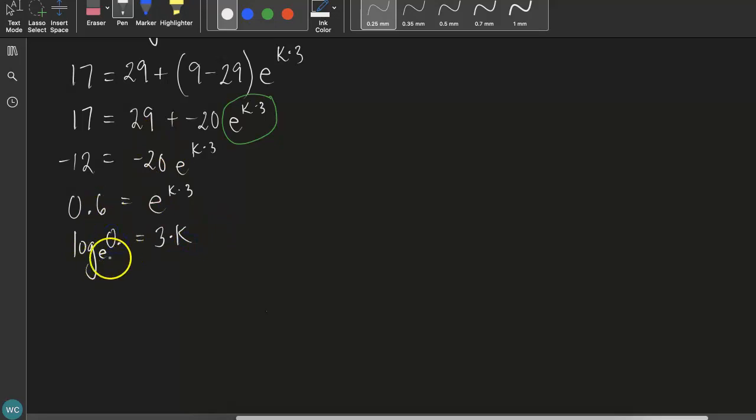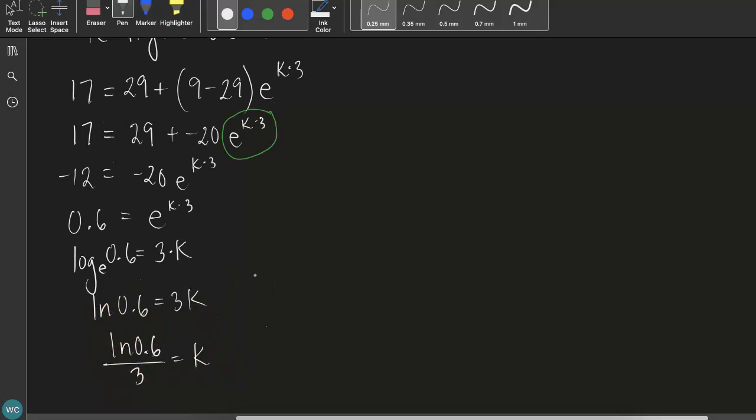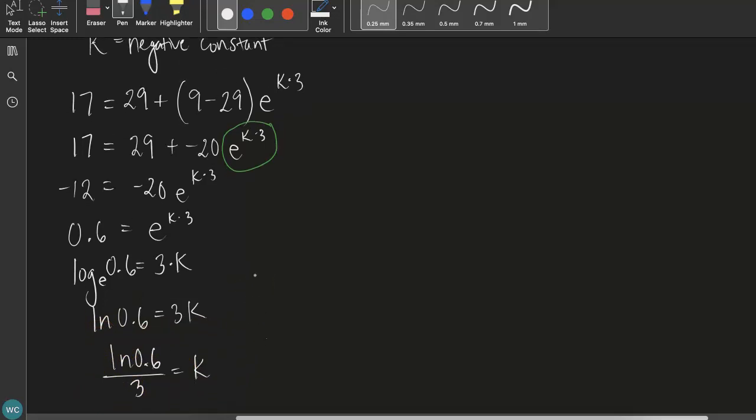And I'm taking that logarithm base e of 0.6. We do know, though, that log base e is the same thing as natural log. So I can change that here, and then divide both sides by 3. So I get the natural log of 0.6 divided by 3 equals k. And that is an exact value for k. Keep that in mind, because now when I come back to that formula,